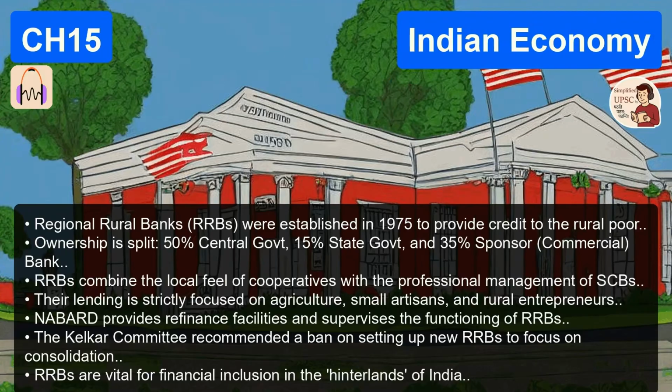What about the government control over the public banks? Recommendation 2 was autonomy. The committee said the government needs to stop micromanaging. PSBs should function independently within a broad RBI framework. So no more political favors. Exactly. The finance ministry shouldn't be calling up bank managers telling them to approve a bad loan for a politician's nephew. It was a move towards real professionalism.